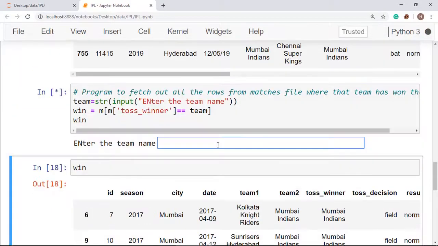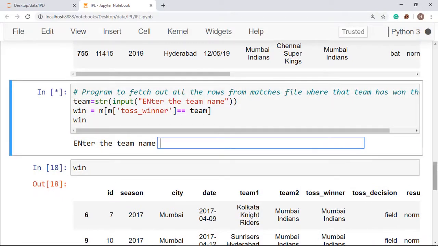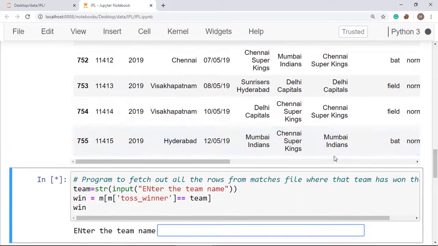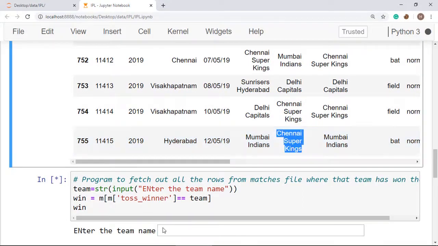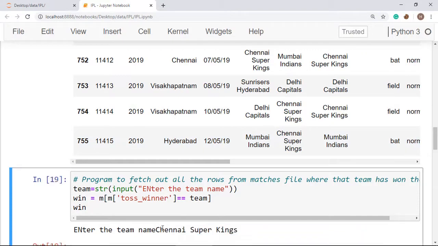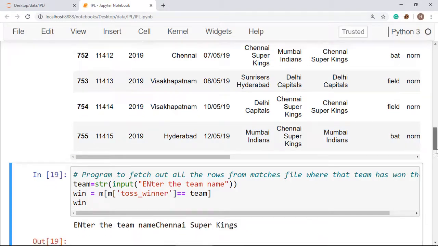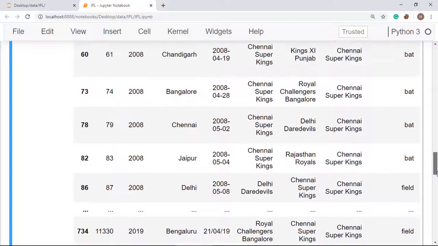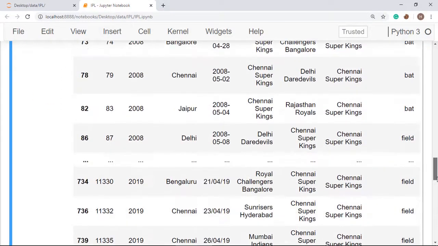So when we run this, it will ask for the input. We have seen the values for Mumbai Indians. Now I want it for the Chennai Super Kings. These are the two major franchises. See here, we have got all the values where Chennai Super Kings has won the toss.